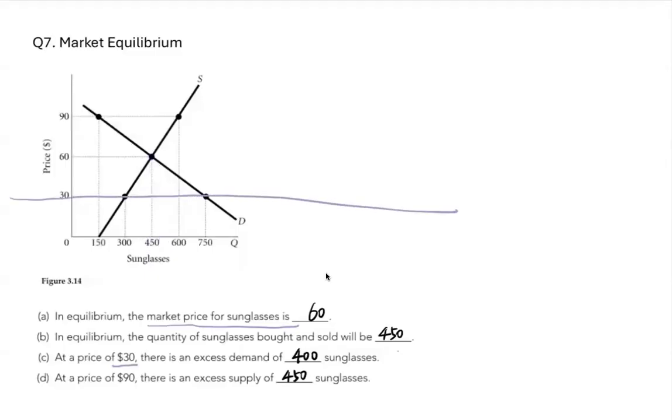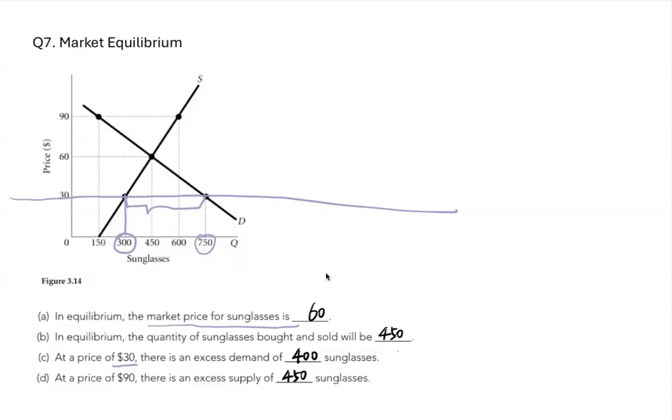Price is here. So at this price, the supply is 300 glasses, but the demand is about 750 glasses. So as we can see, there's excess demand because of the low price, and the gap between them is 450